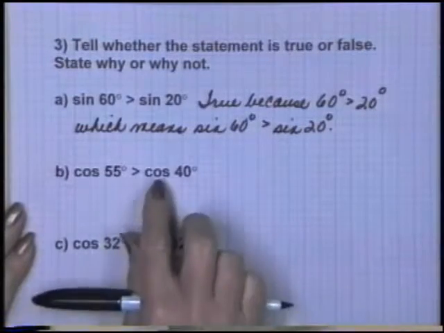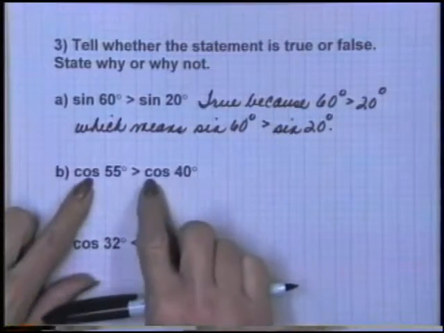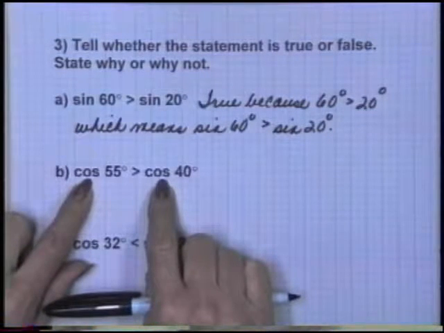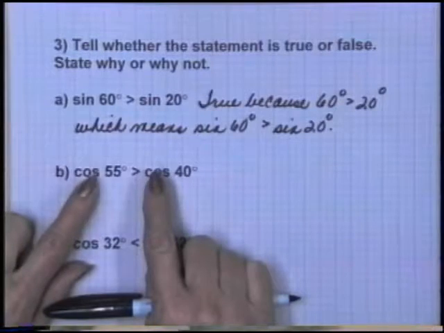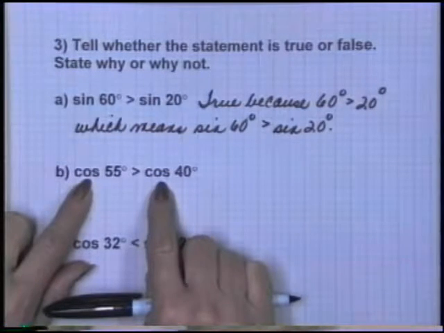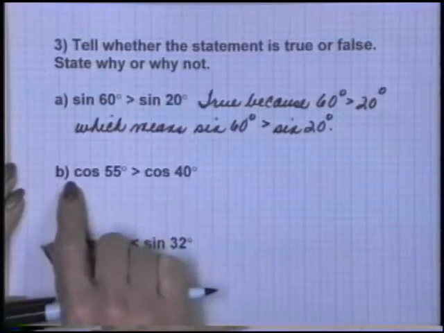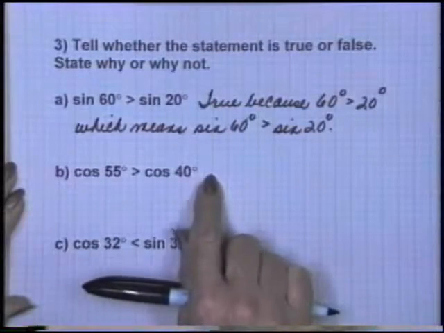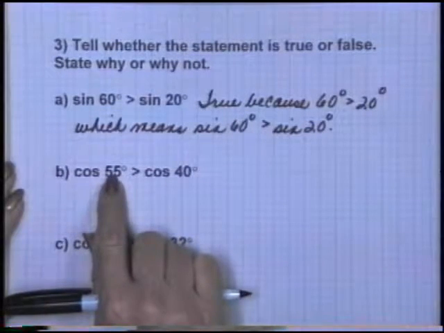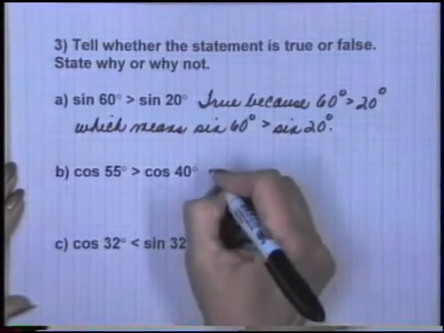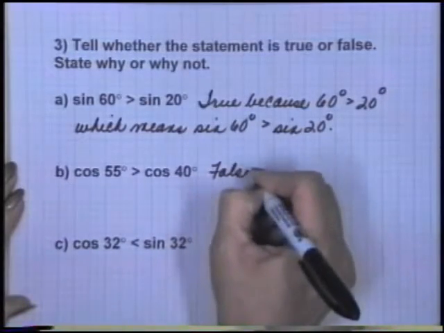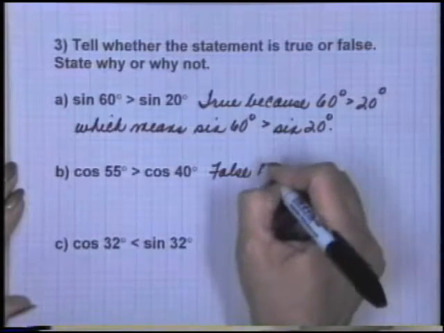On the second one, the cosine of 55 degrees is greater than the cosine of 40 degrees. Now, what happened with the cosine function? As the angle got larger, the cosine of the angle decreased. So this one would not be true. The larger the angle, the smaller the cosine. So this would be false,